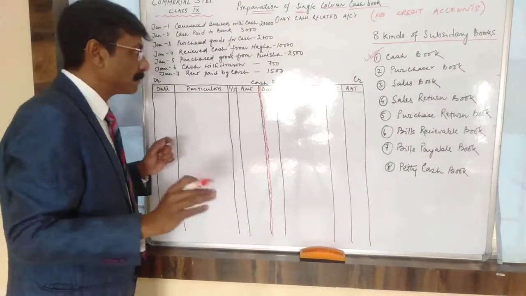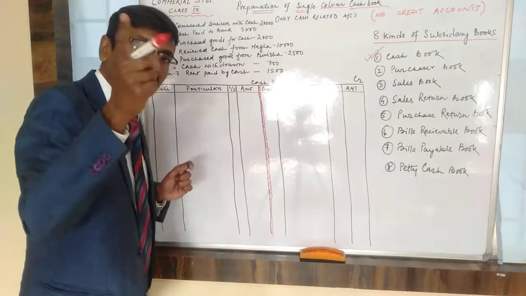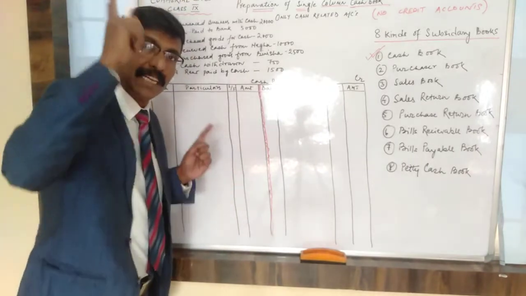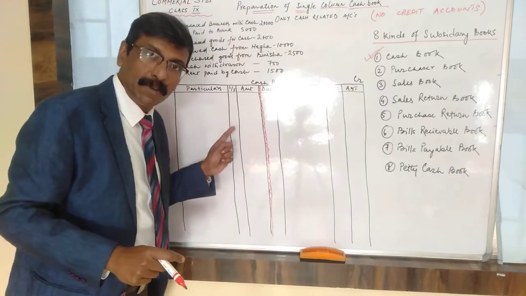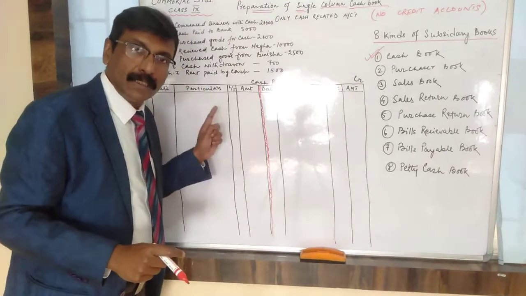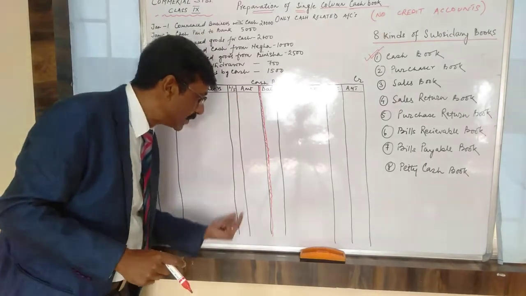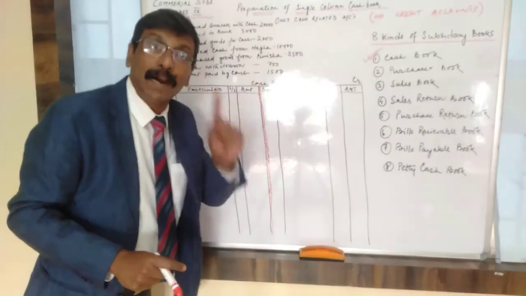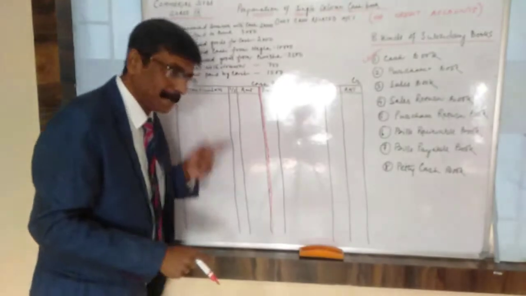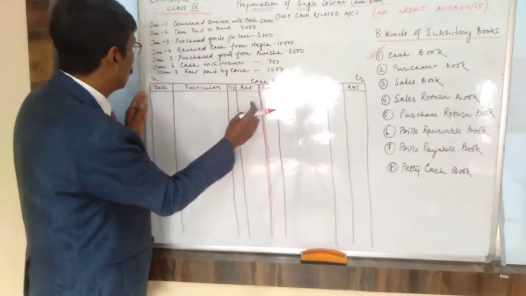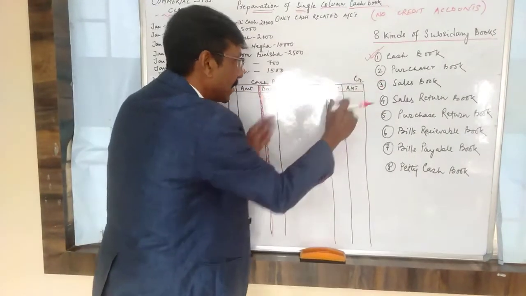Now understand this. Ledger folio, as I told you earlier in your journal, is that page number in professional and real accounting. Which page that entry is in another book, that number will be here. But out here in school, you do not have professional accounting, so you do not have that book. So therefore, always leave this ledger folio blank, but you have to draw it. You have to draw the ledger folio, but you keep it blank. Now, 2 sides, as I told you. One is the debit side, and the same pattern, this side, the credit side.